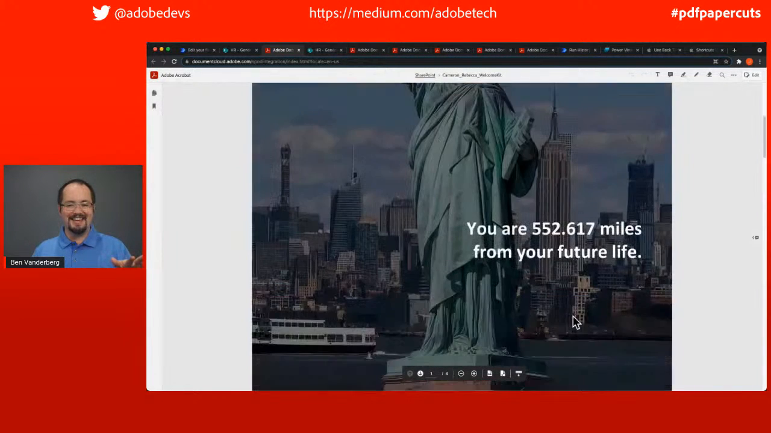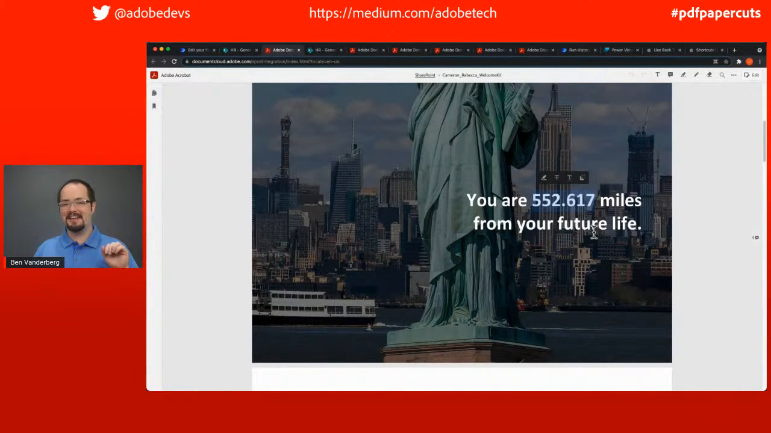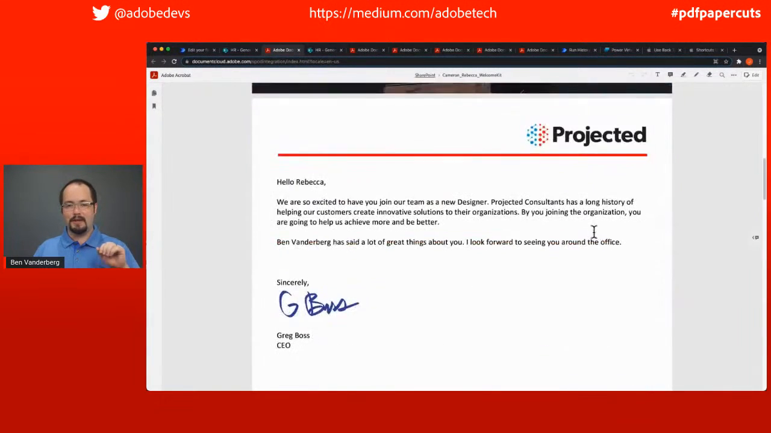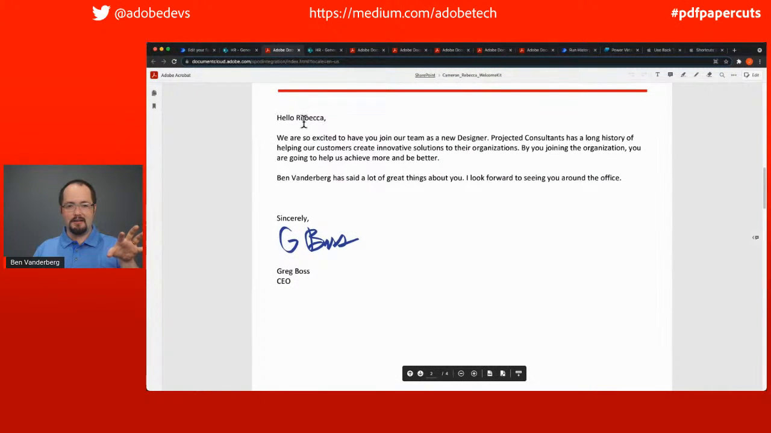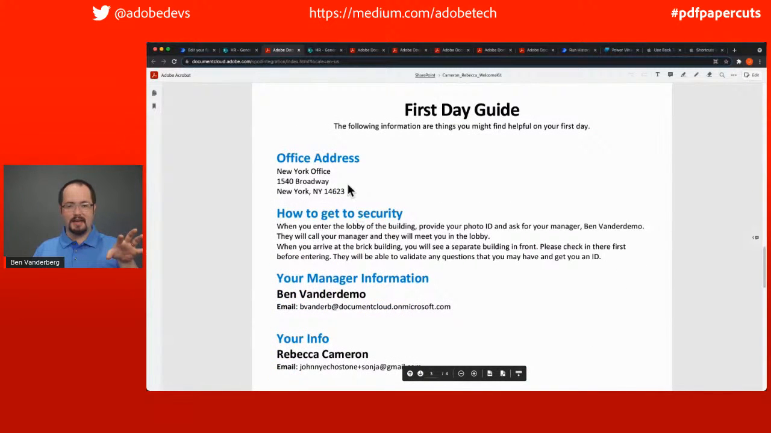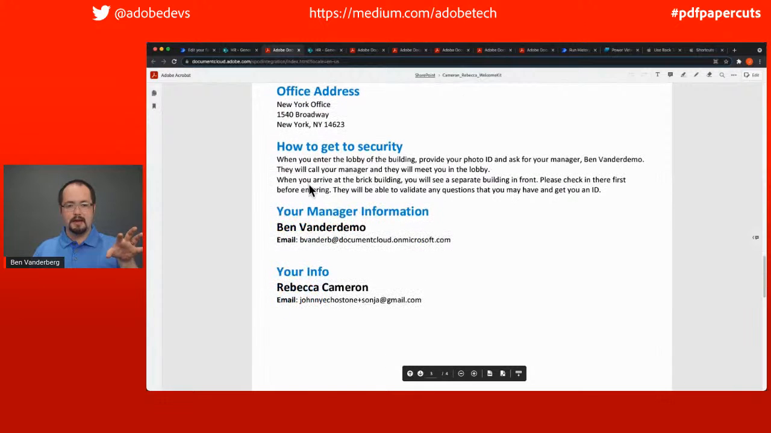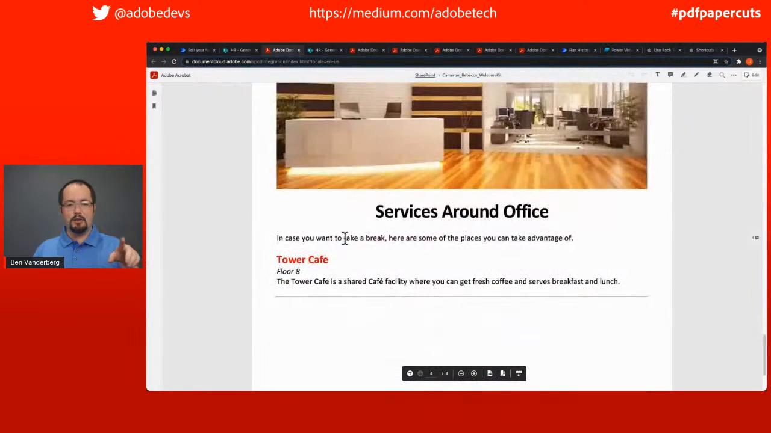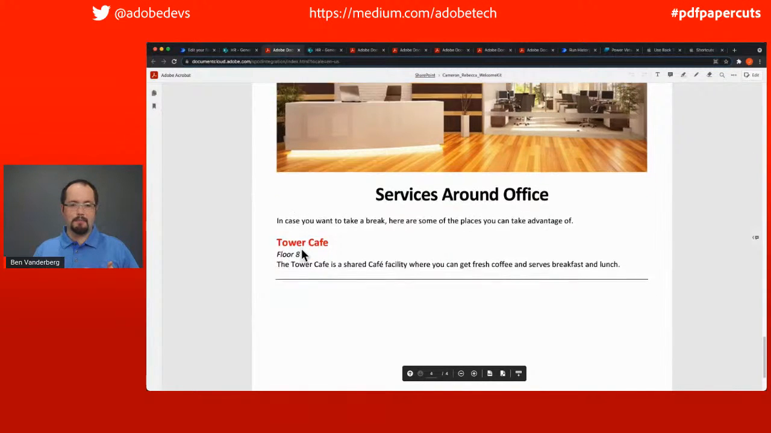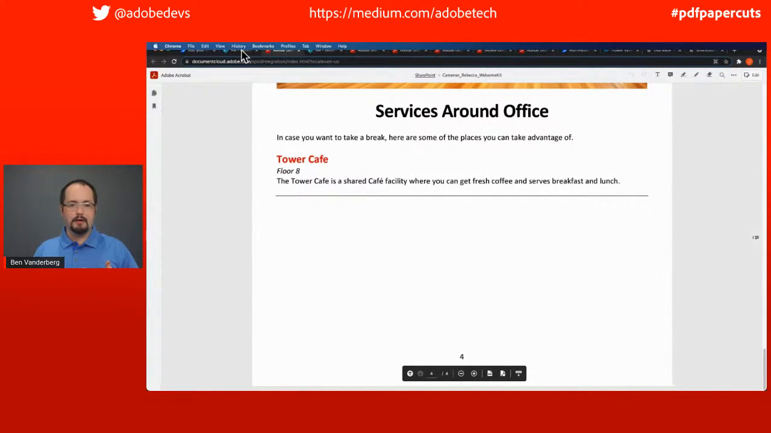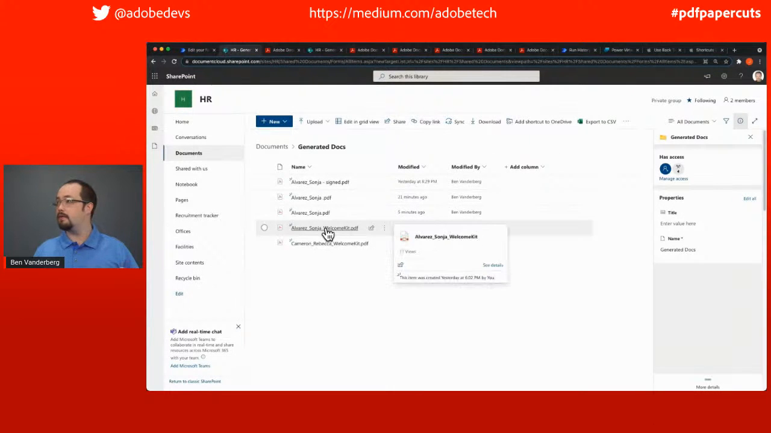We can see that actually the distance here has been calculated using Bing Maps and dropped in line in there, so they know exactly how many miles it is to their new future life. We can see all the things that have been assembled, and it's created this personalized letter in here from the CEO. It's provided the information about the office, about their manager, who their manager is, and it's also even looked up to see what are the services that are around that office and populated it as a list inside of here. So if we even switch over to the other one for Sonia,